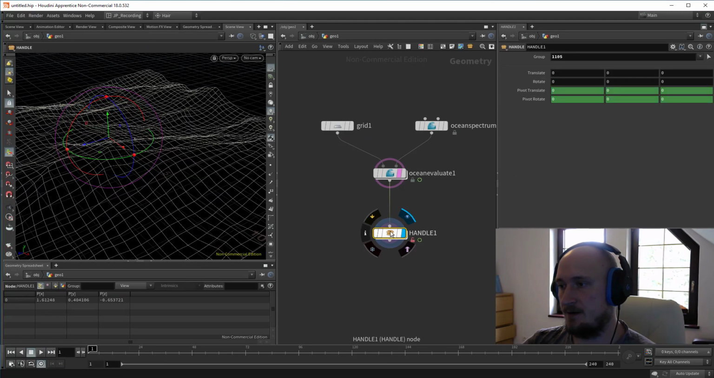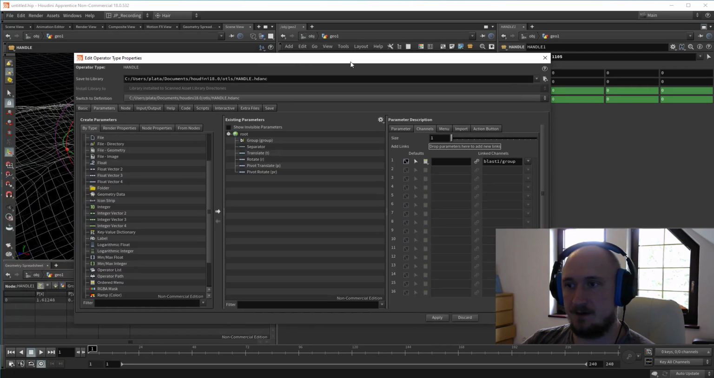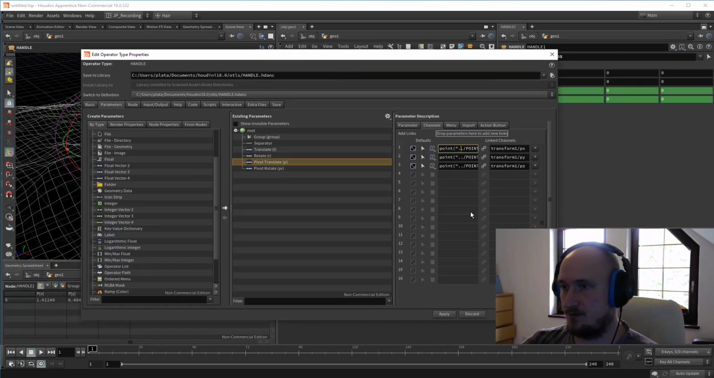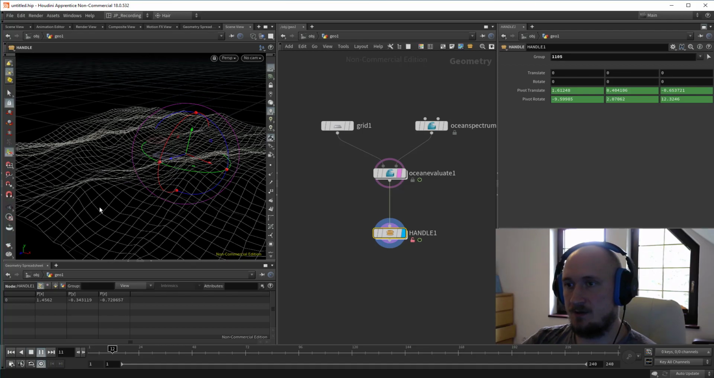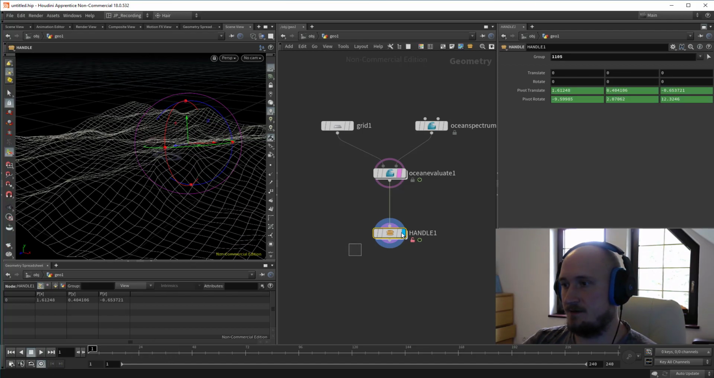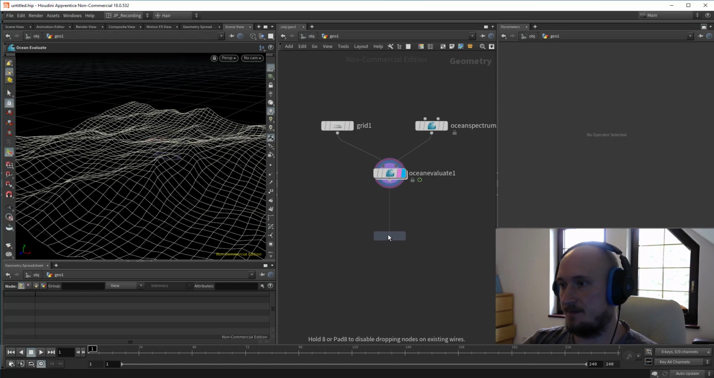How come? Well, there's one last thing. You have to replace those double dots with single dots. Yep, and right over here, do apply, accept, and it should all be working now. Yay! So save, node tab, match current definition, delete, make another handle,